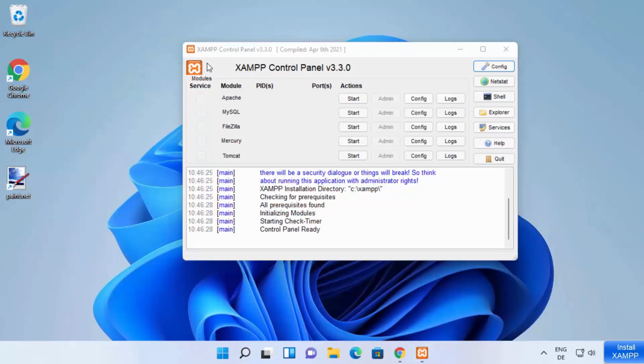So on this XAMPP control panel window, you will be able to see all these modules, the Apache module, MySQL, FileZilla, Mercury and Tomcat. And you will be able to see some buttons in front of all these modules. So the first section is for the start or stop buttons. And then the next section is for the config button. So you can configure all these modules using this config button. And you can also see the individual logs of all these modules. So if they have any errors, you will be able to see them in the